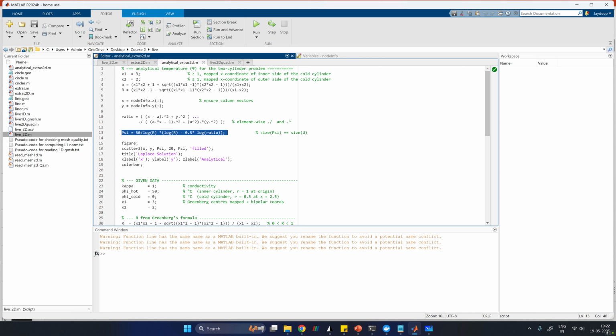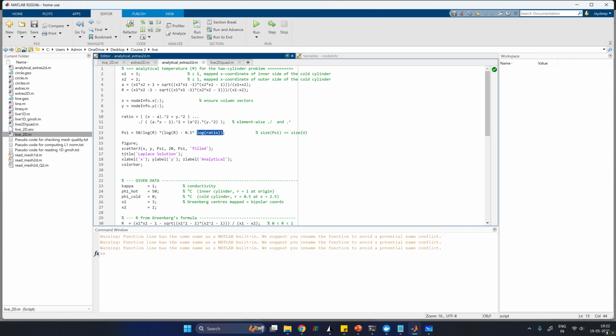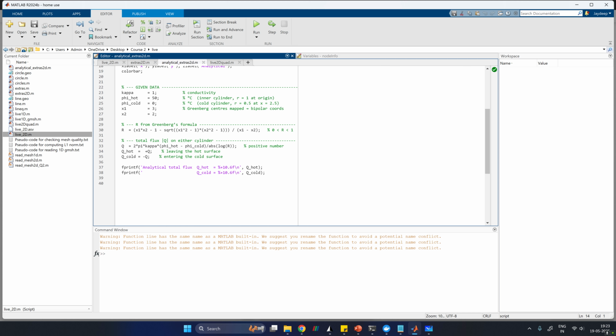You can see this is a logarithmic solution, and it's a somewhat large, complicated expression. This log of ratio is really bringing about the effects of the distance between the cylinders and the placement of the cylinders. This ratio is coming from this expression, which also has x and y coordinates, and these two, A and R, are expressions which again depend on the placement of the cylinders. This is somewhat of a big expression, but you have an analytical solution, and since you have this solution, you can also integrate and find out the